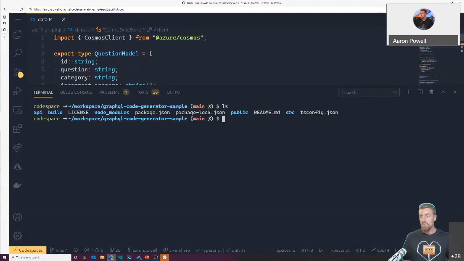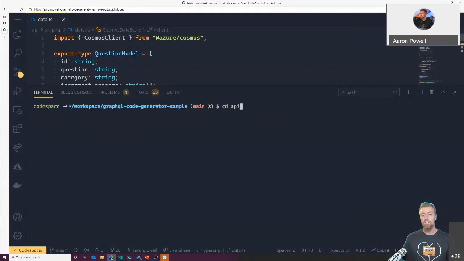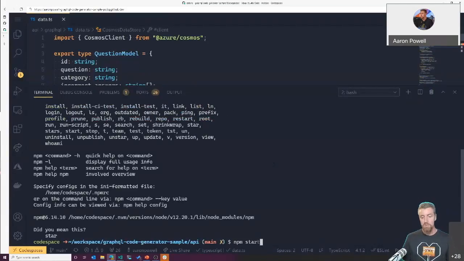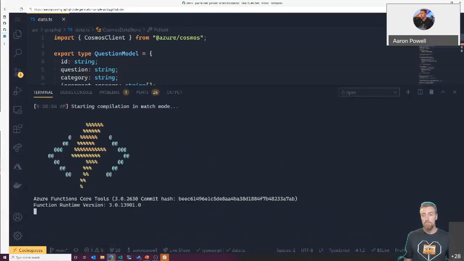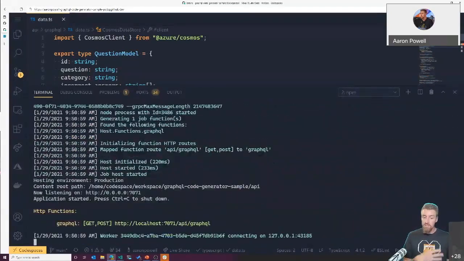This is now a Linux terminal. I can do npm start, then Control P to bring up our command palette, type term and create a new terminal. Then we'll come into another folder, we'll go API, npm start. Oops, mistyping start. So I can start up another process here. I'm actually running the Node applications through a browser on some sort of remote environment. This is actually running a dev container behind the scenes. So if you define a dev container, that's how we'll set things up.